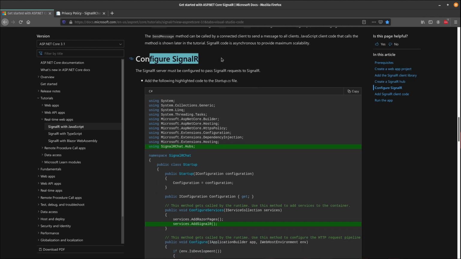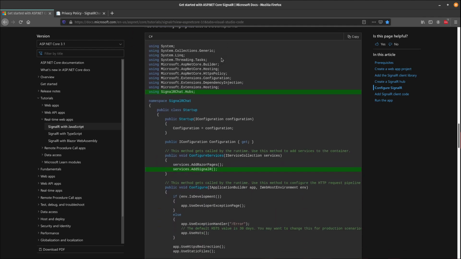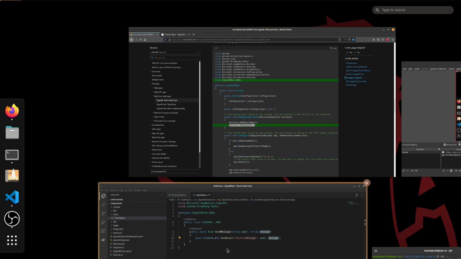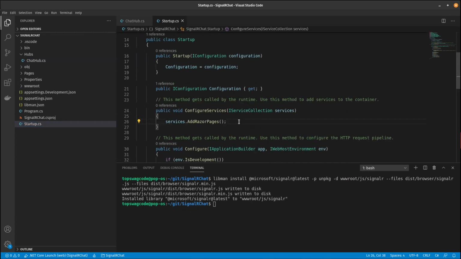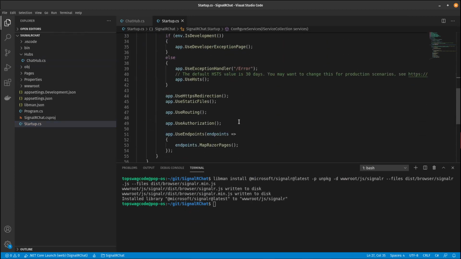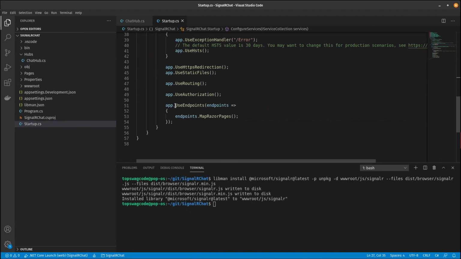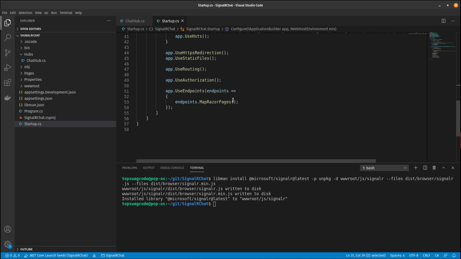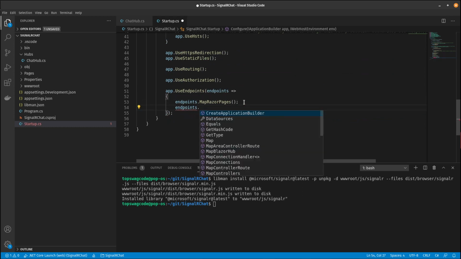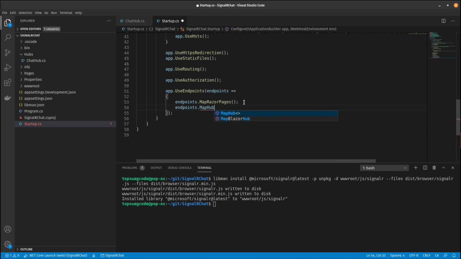you can see the next step is configuring startup. So I can copy this. In startup, in ConfigureServices, I'll just add that one line. And by memory, I can remember that you need to go down to the Configure method here and add endpoints to use SignalR endpoints. So I'll say MapHub,